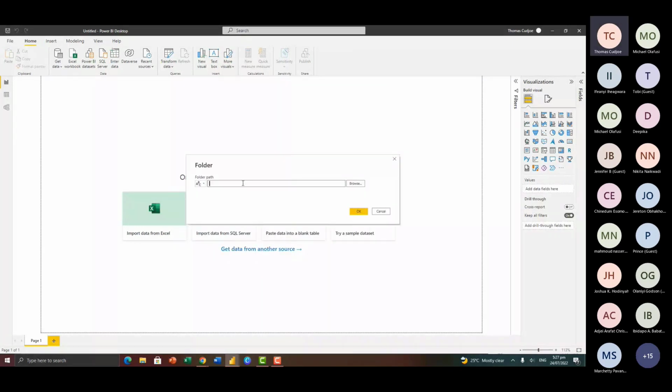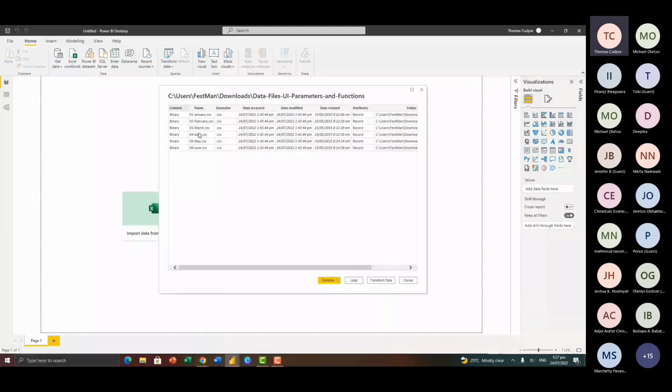I have already copied the folder path, so I'm just going to paste it here. And I'm going to click on OK. And now these are the CSV files that I have within the folder. Here I have an option where I can combine all the CSV files as one, but I'm going to show you how you'll be able to transform your data and save it as a custom function, and you can apply it on all the CSV files.